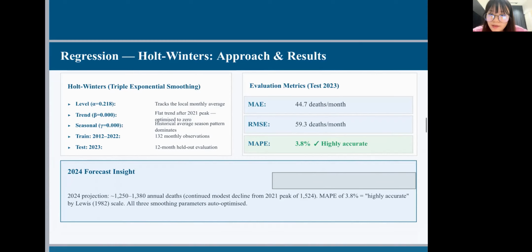The level with alpha 0.218 tracks the local average. The trend with beta optimized to 0 reflects that the trend flattened after the 2021 peak. The seasonal component with gamma also near 0 means the model relies on the historical average seasonal pattern. We trained on January 2012 to December 2022, 132 months, and evaluated on the 12 held-out months